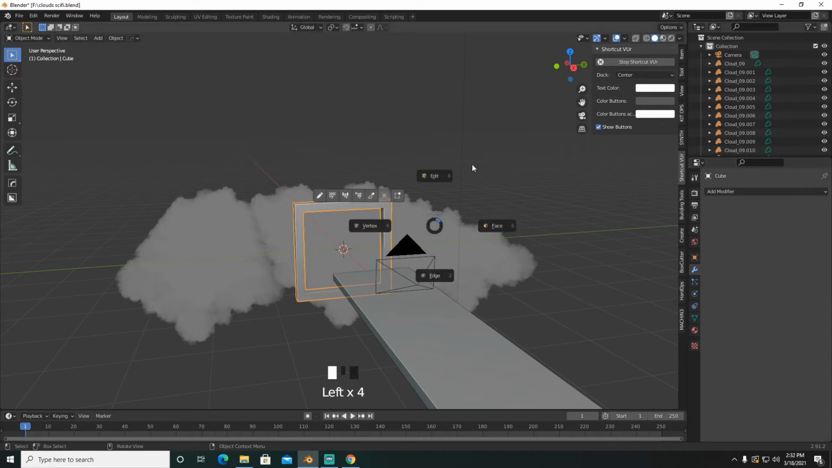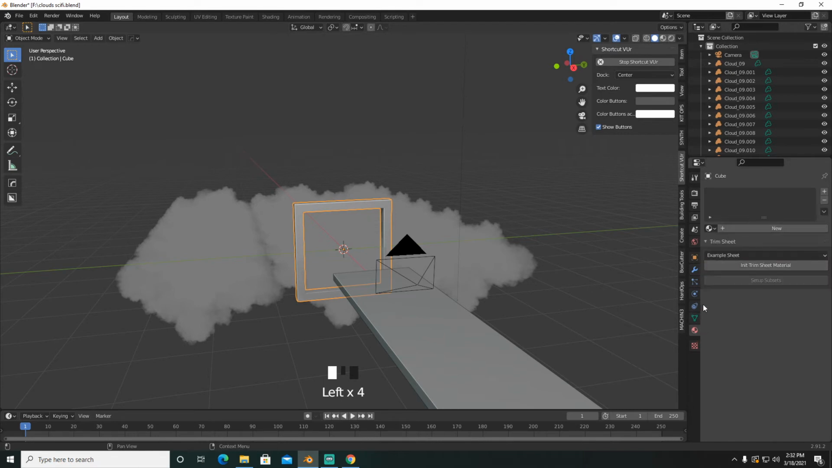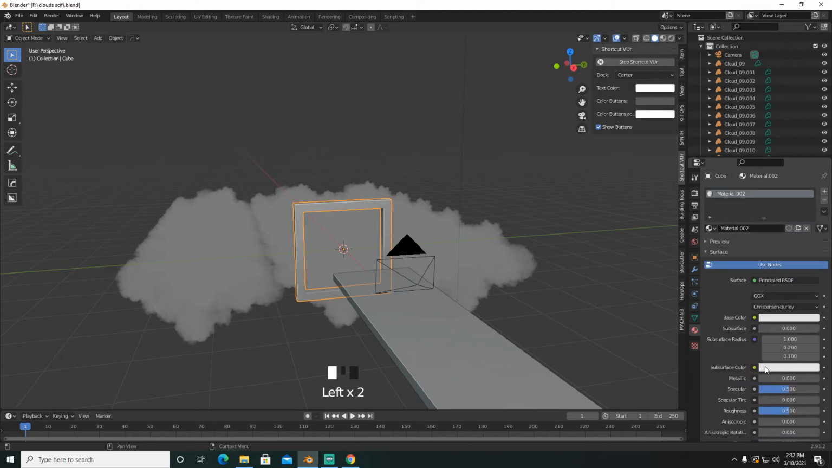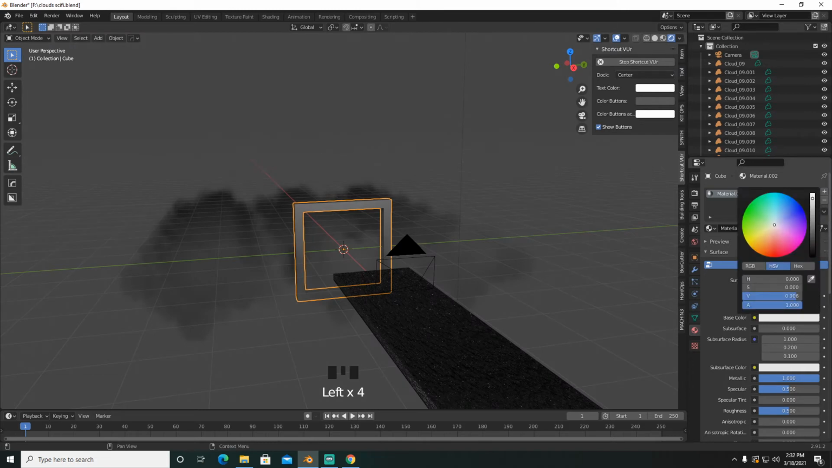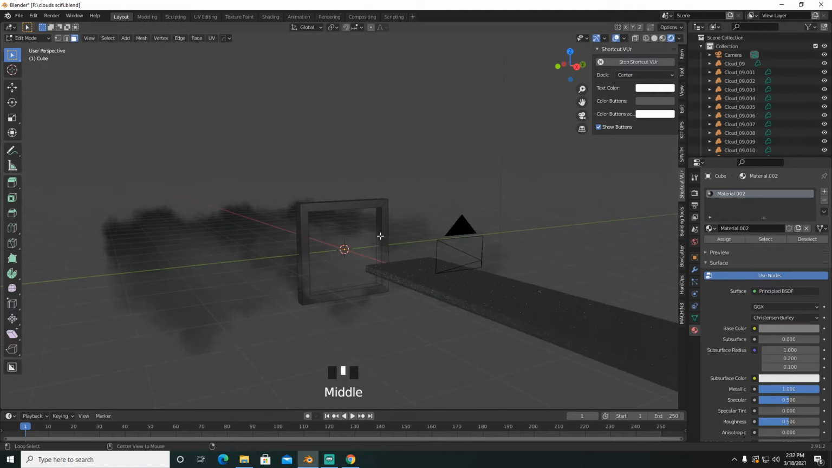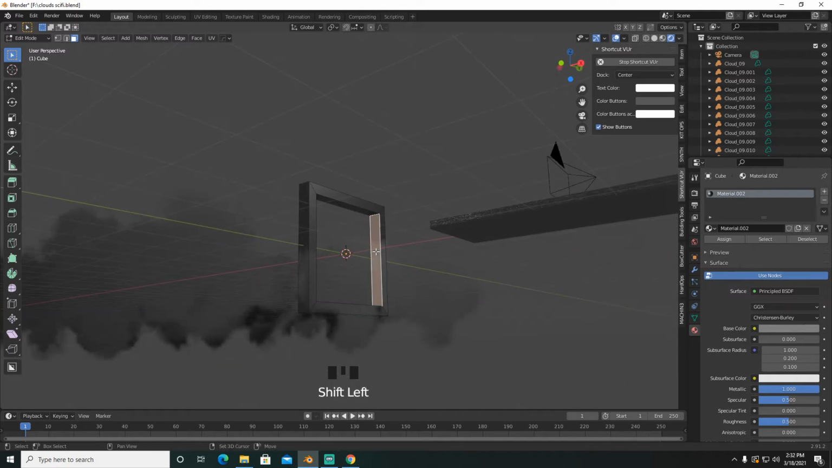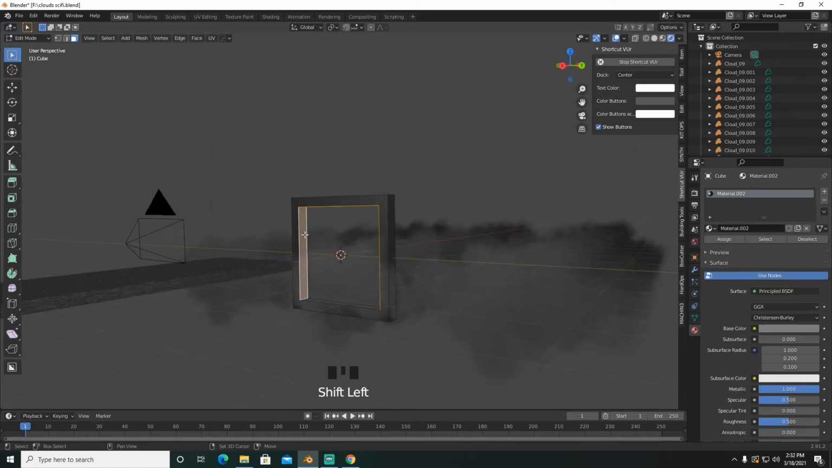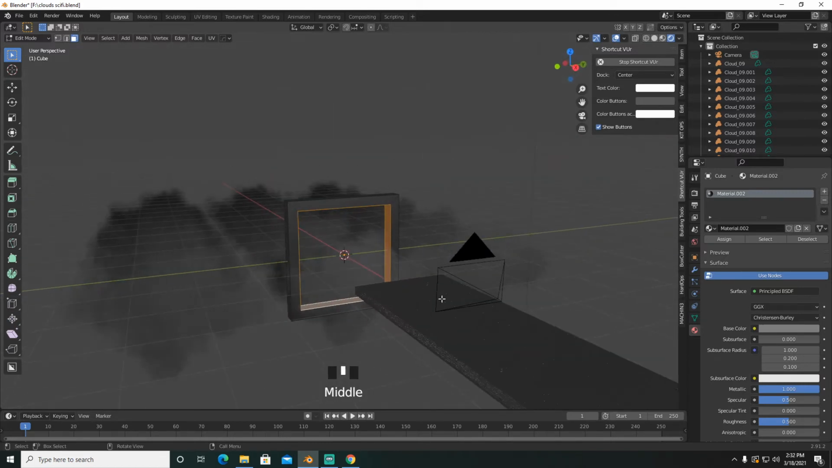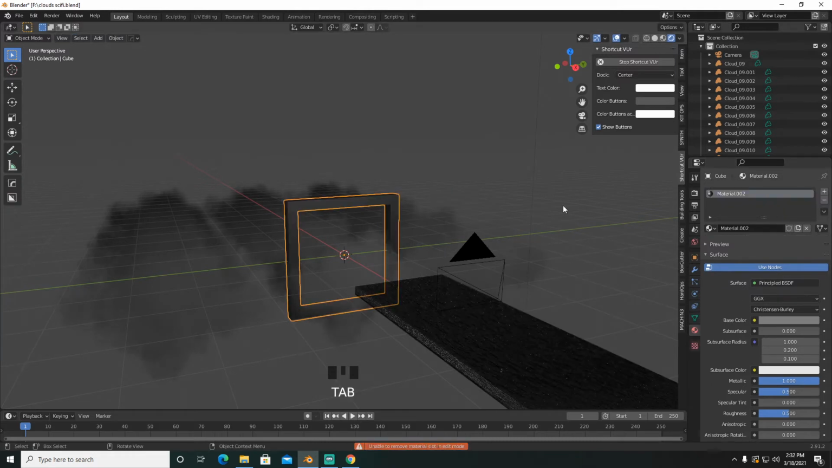There we go. Now we're gonna go into our materials tab, and I'm gonna create new, give it a metallic, bring it down a little bit, go into face select, press Alt, and okay, so let's just Shift click and select these. You know what, let's